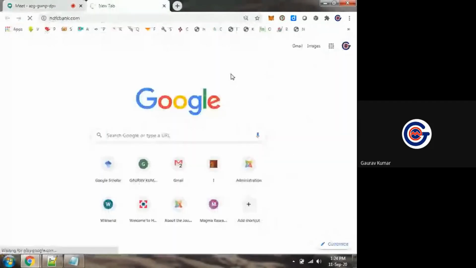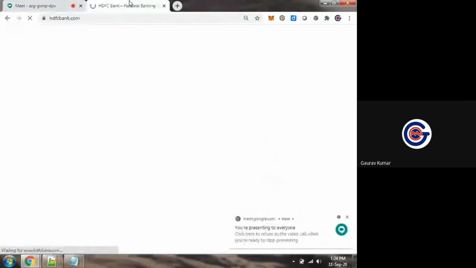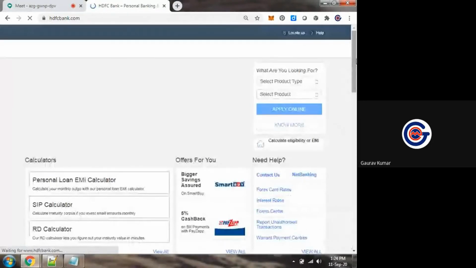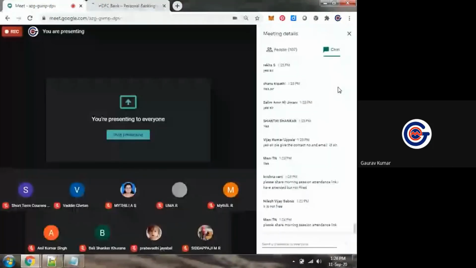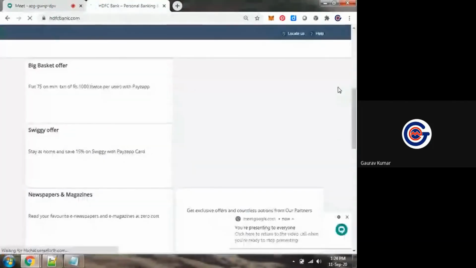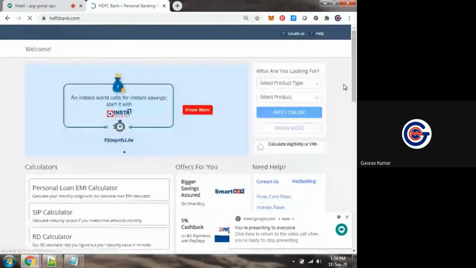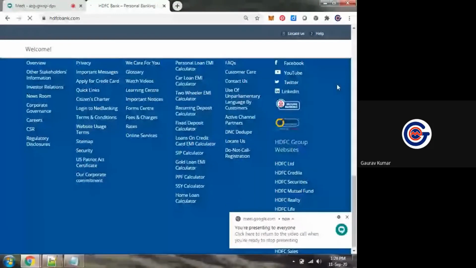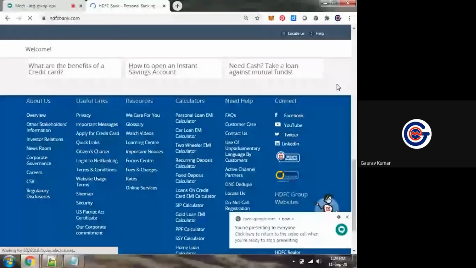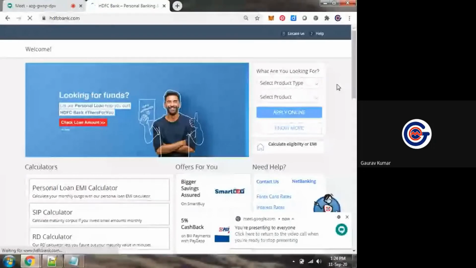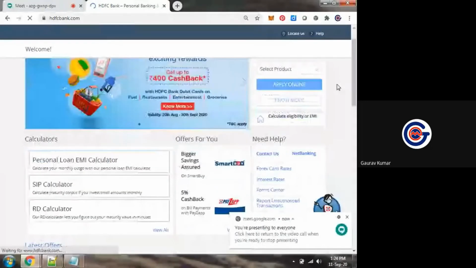If we are sending some query which is not in the database of the AI chatbot, that will not be answered. I will show you a very simple demo of a banking application. We are opening one application just to see the working of a chatbot, like we have just seen on Pandora Bots.